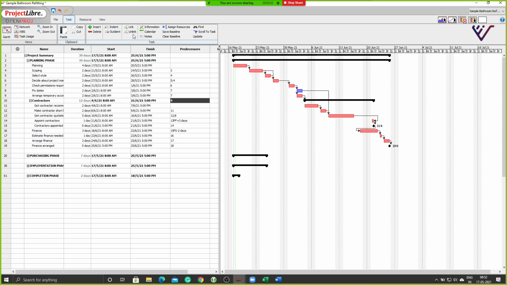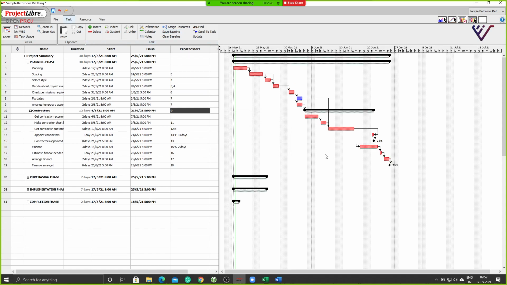Now let me assign a baseline to this project. I will save a baseline. When I'm saving a baseline, it gives me the option of either the entire project or a selected task. As of now, I'm creating it for the entire project.